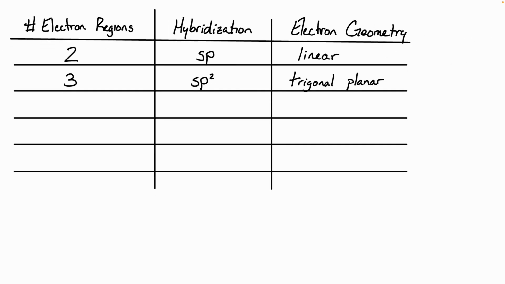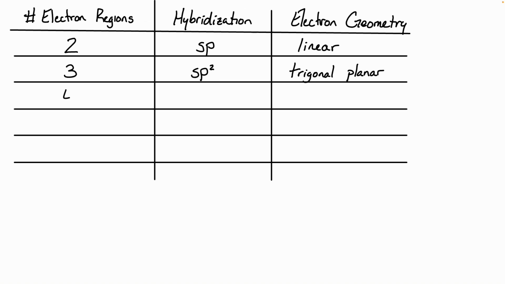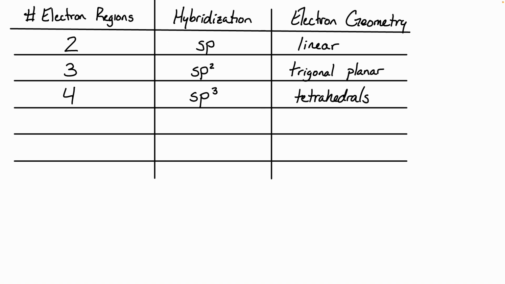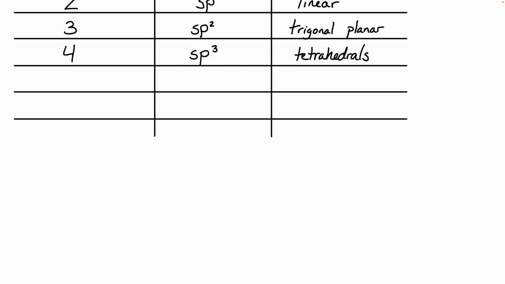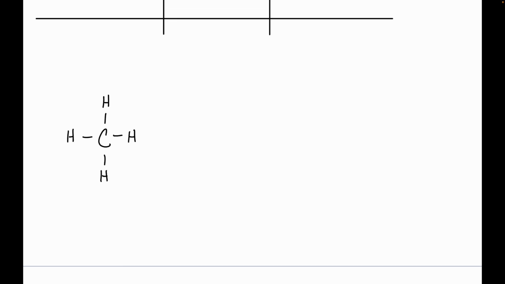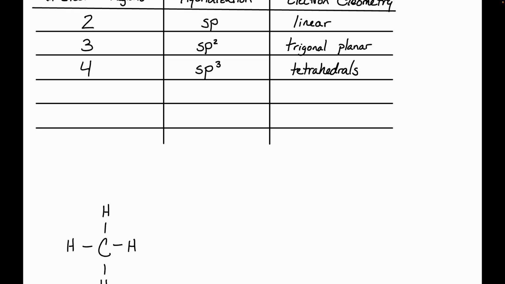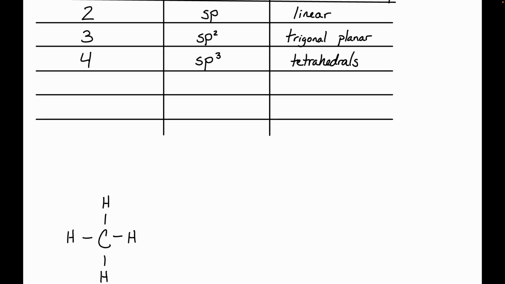If we had a molecule with 4 electron regions, that would be considered sp3 hybridization, and these are what are called tetrahedrals. A good example would be CH4. It's got these 4 electron regions here. A tetrahedral is how you can arrange 4 things in space such that they're all perfectly spaced out from one another. If we want to take a look at what that would look like,